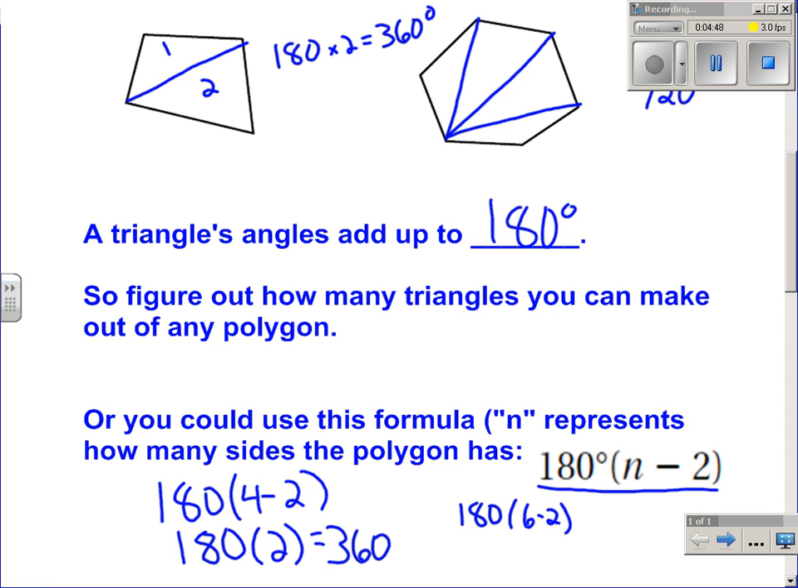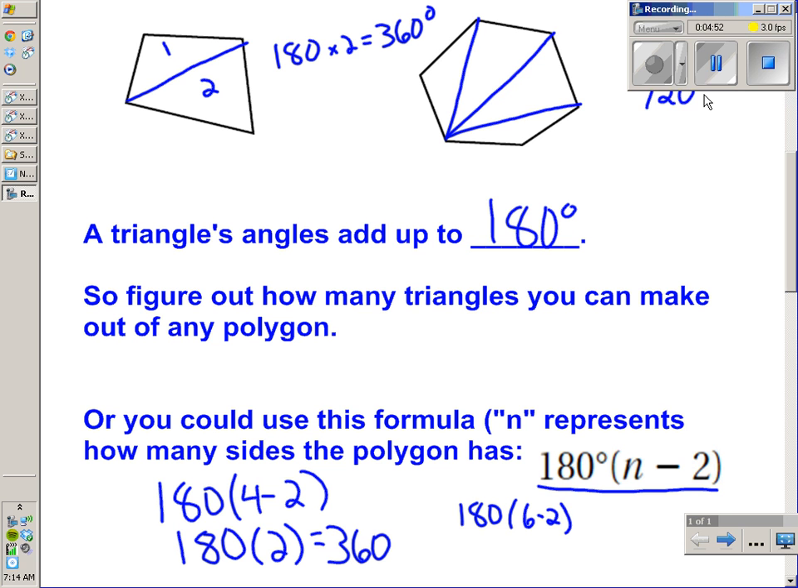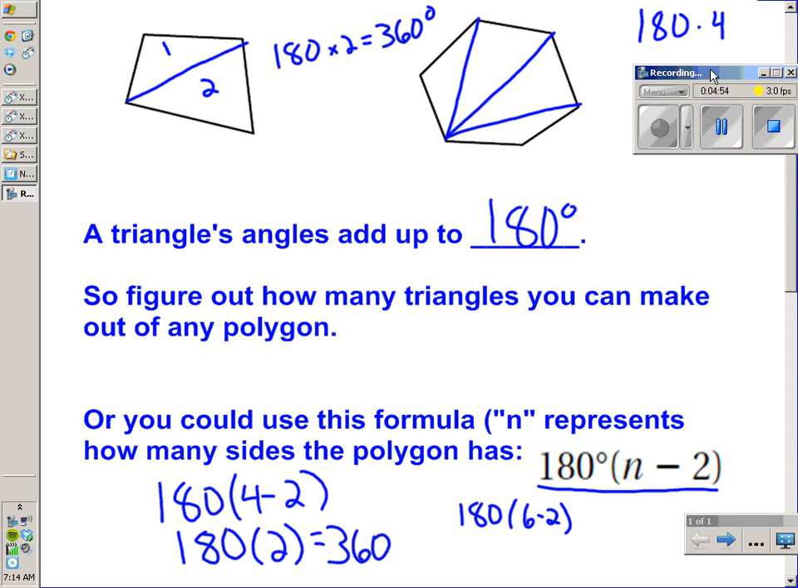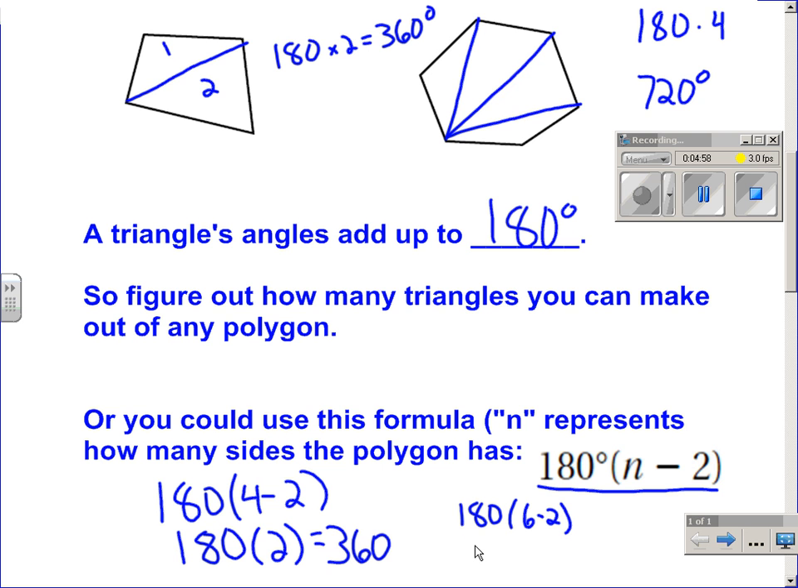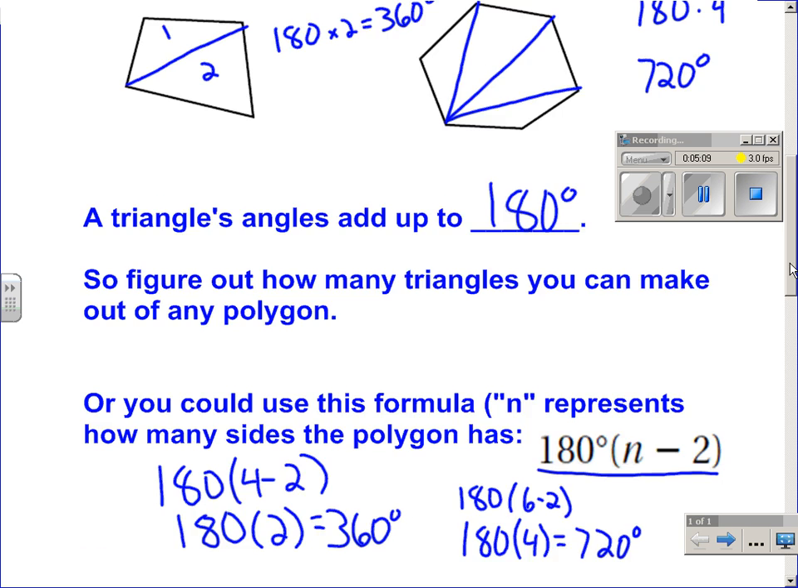180 times 4, which is also what it was up top, up here. Oh, well, let me drag it. Yeah, 180 times 4 minus 720, or 180 times 4 equals 720 in degrees. Okay, now the next thing we're going to talk about